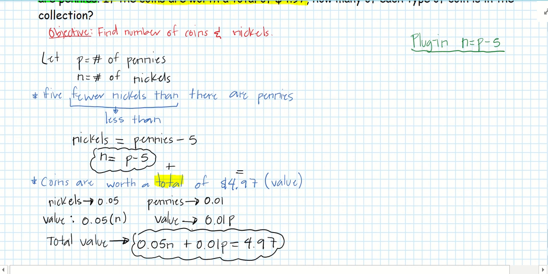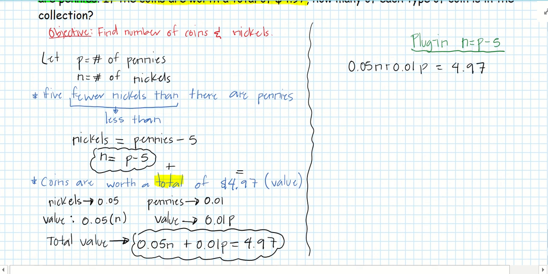What do I mean by that? I'm going to take the second equation that I got and draw a line right here. So I had 0.05N plus 0.01P equals